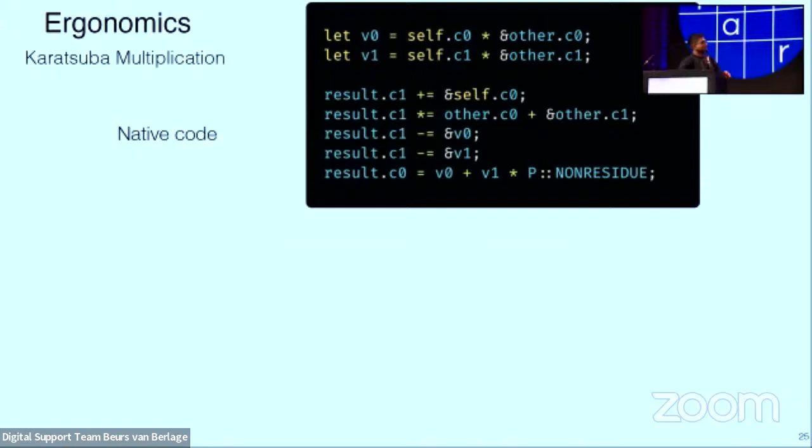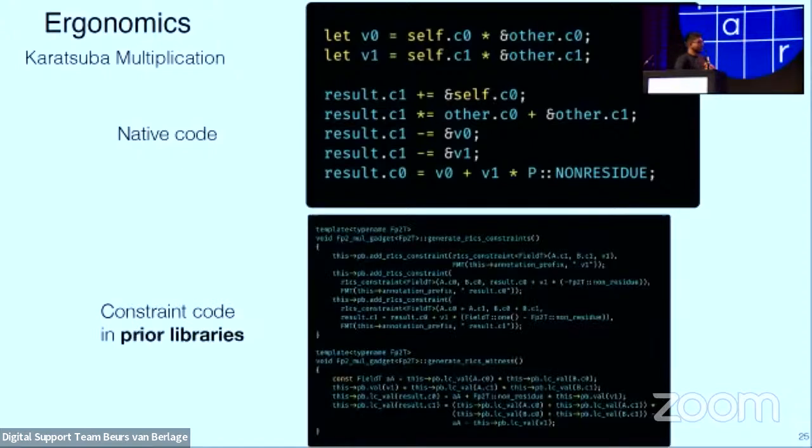And sort of the key thing here is that there's been a lot of work on extracting the maximum performance while writing constraint systems, but it's not really been ergonomic at all, in the sense that this is what it looks like compared to the native code. So on the top, we have Karatsuba multiplication, and this is something from libsnark, where there's almost no way to actually map what's going on in the actual algorithm to the constraints, right?